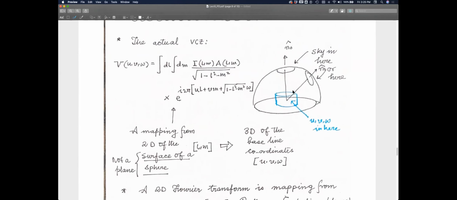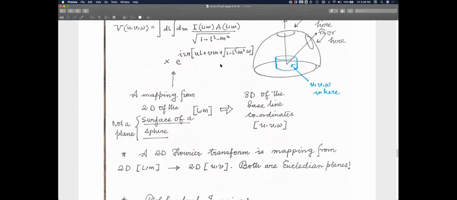So now, how do I change this? I mean, okay, it's not a very trivial problem. If I want to invert this mapping, for one thing, you have to go from a function of 3 numbers to a function of 2 numbers, and it's not quite a Fourier transform, which is what one wants to use, because anyway, all your algorithms will use FFT, fast Fourier transform, and that is much better and much faster than anything else that you can think of.